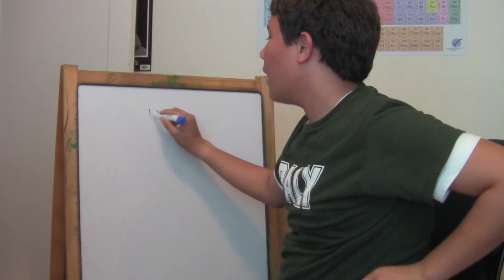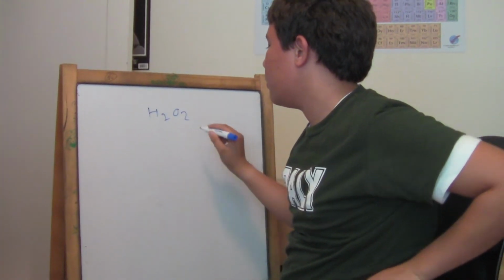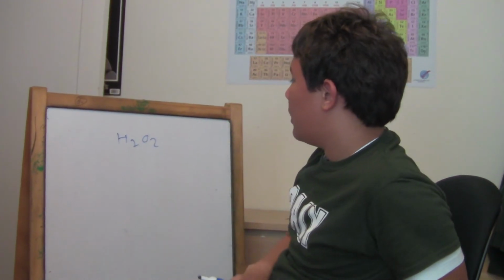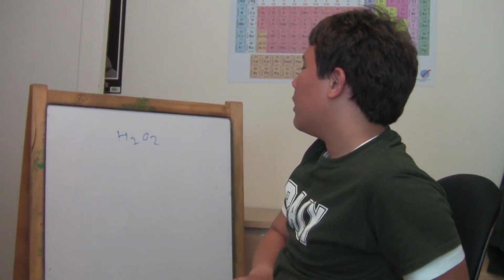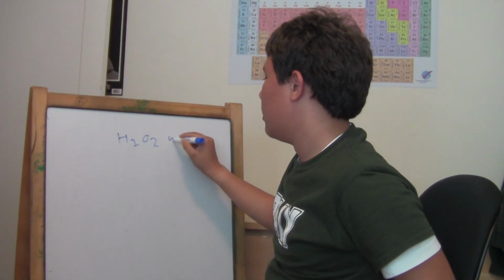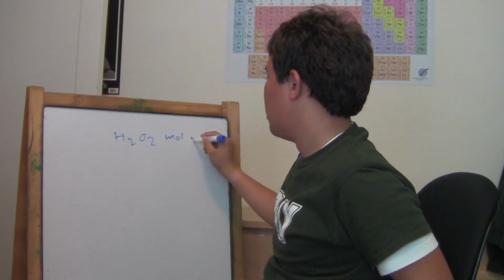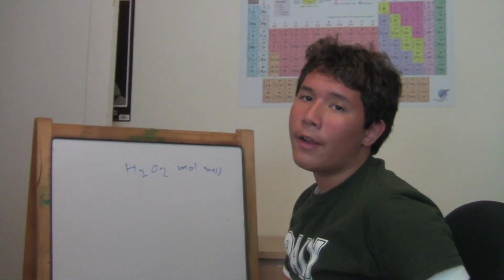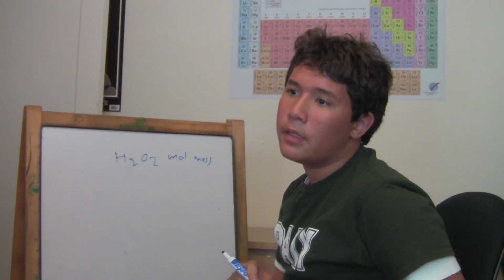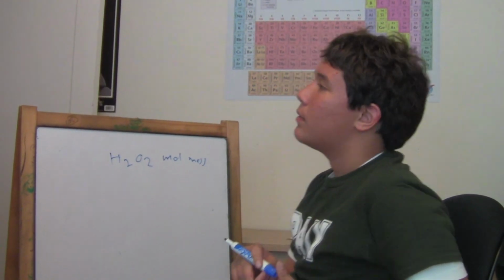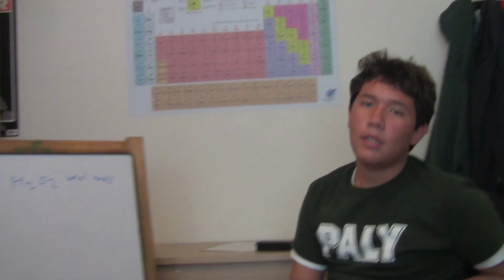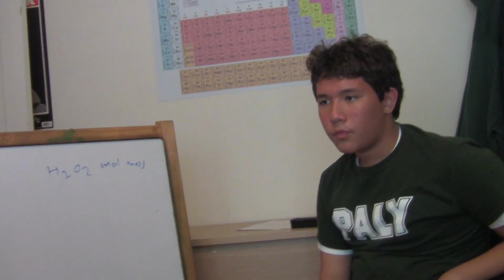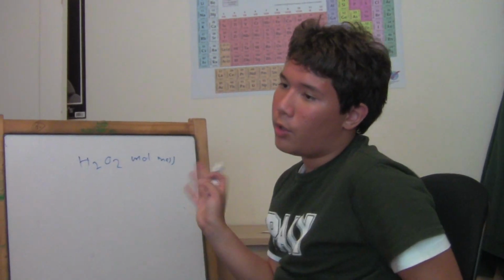Let's say we have hydrogen peroxide, H2O2, and we're trying to find the molar mass of it. And well, remember how earlier I mentioned that their atomic mass equates to 1 mole of them. Well, in calculating their molar mass, we